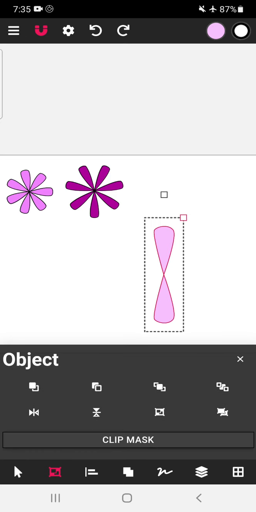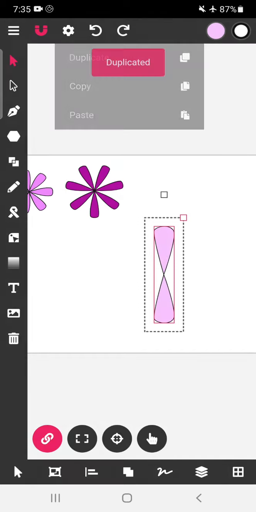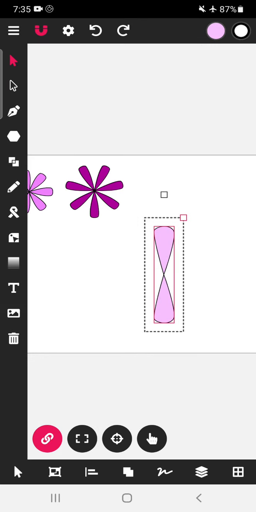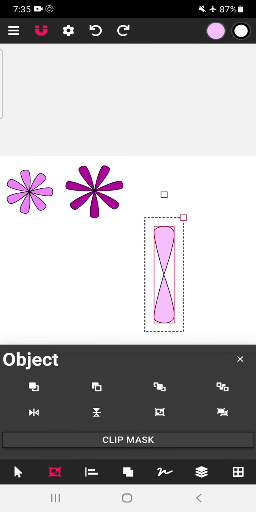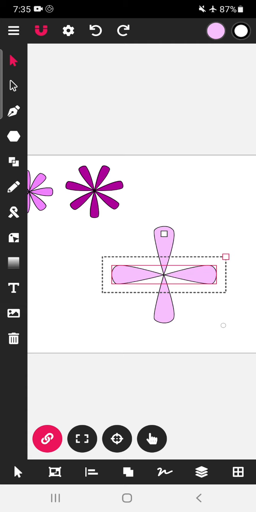Click here and select this. So it is grouped. So now it is one group. Now again duplicate this. We have duplicated it. Click here. Click on flip horizontal. Sorry, it is not working on this. Now we will rotate it like this. Okay, so we have made 4 petals.